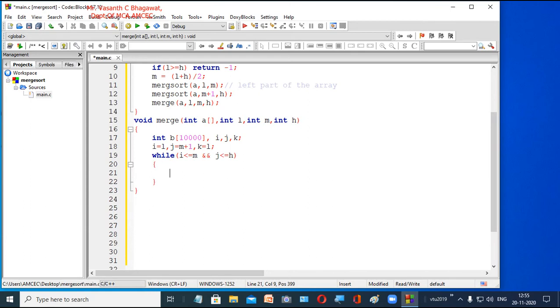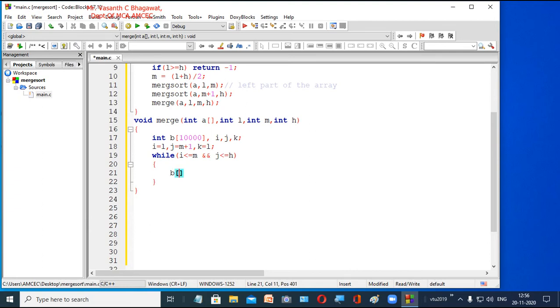We select the first element from A and the first element from B as per the theory algorithm you have written. If B of I is less than C of J, in our algorithm we have written. Now here, instead of an if condition, we'll use a ternary operator.